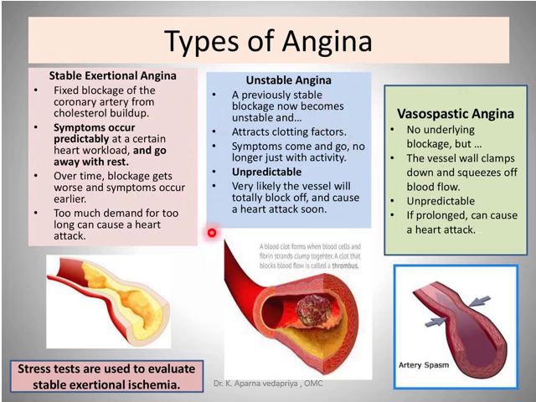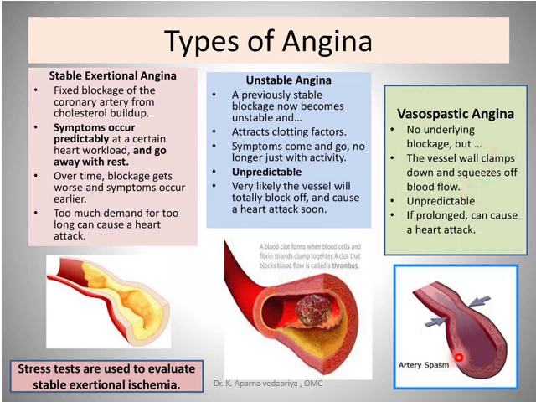So there are different types of angina: the stable, unstable, and vasospastic. And as we said, stable is because of the narrowing, so it demands more blood distal to the narrowing of the vessel. Unstable is because of the thrombus, which is dislodged at one place and can go and block the other areas of the coronary arteries, where it is very unpredictable and will lead to heart attack. And